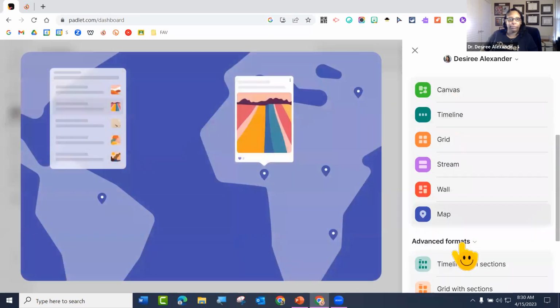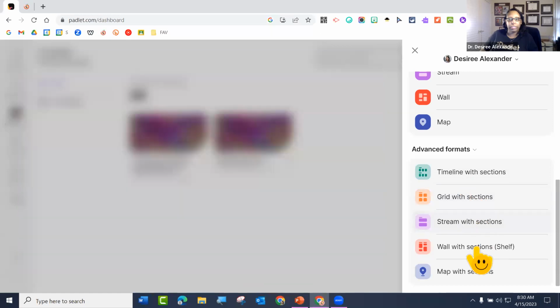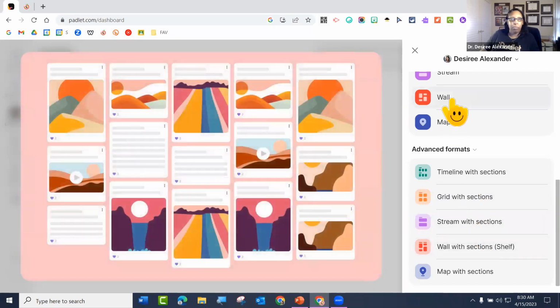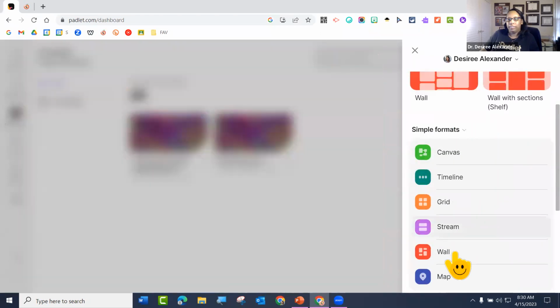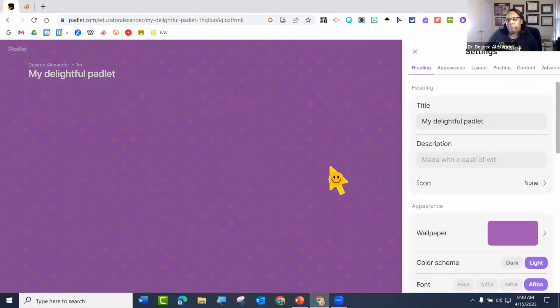I think I'm going to choose a wall. I'll choose a wall. So if you want to work with me, I'll choose a wall. There we go. So we have a brand new Padlet.